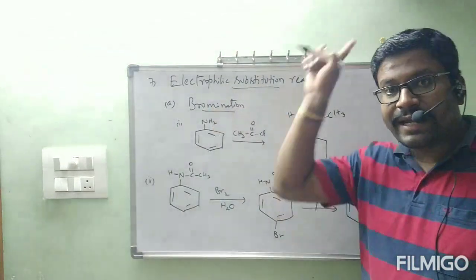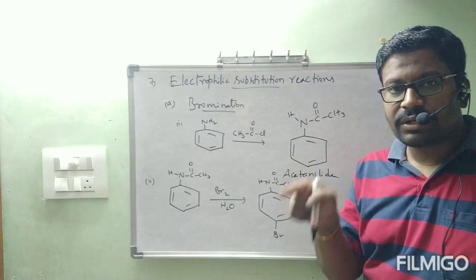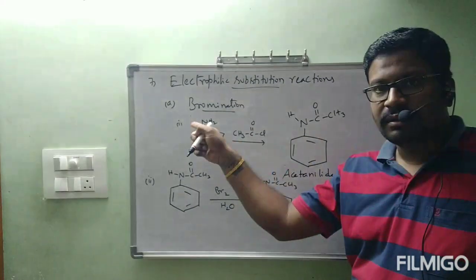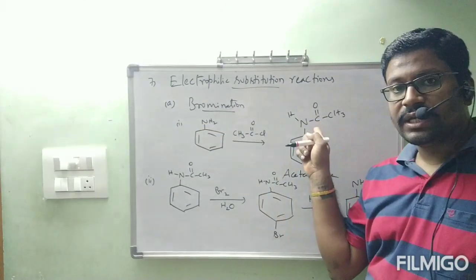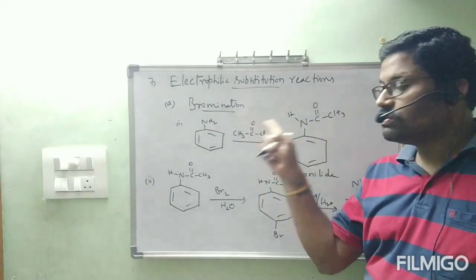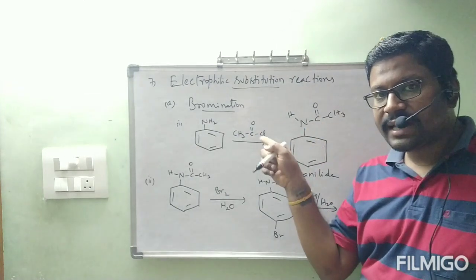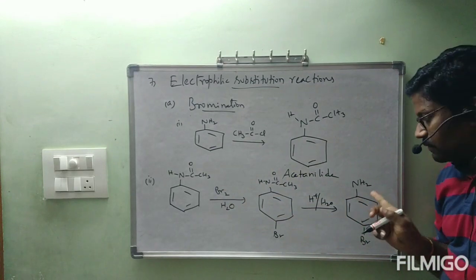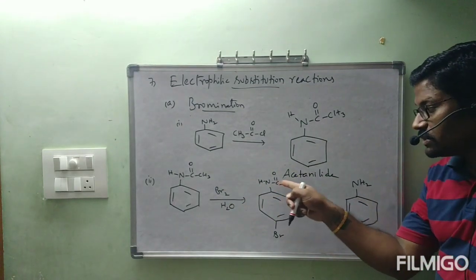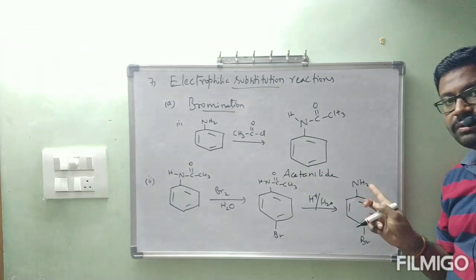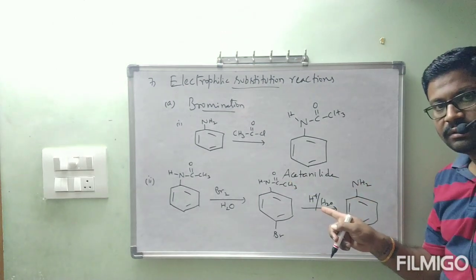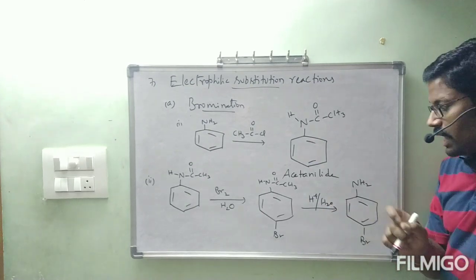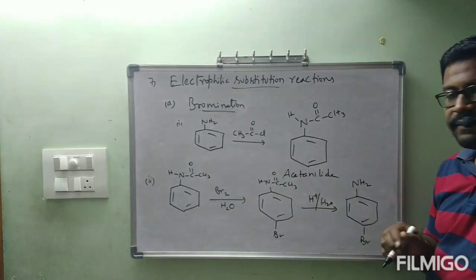Direct bromination I have shown, without introduction of the acetyl group into the NH2 group. This is the second one. By introduction of this NHCOCH3, what happened here? The NH2 group is getting deactivated. I will give the explanation now. Before that, this is the final product we are going to get. We convert this NHCOCH3 to NH2 simply by hydrolysis. Is it clear? Now I will show how this group is getting deactivated.